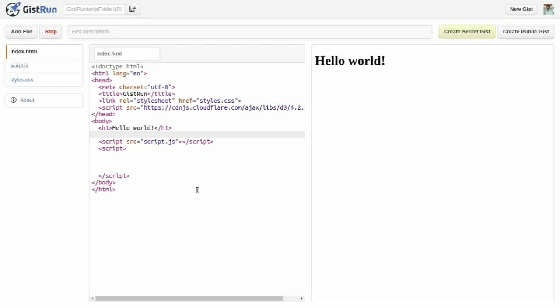So today we will learn about the D3 coordinate system, how it works and from where it starts, and how we can draw various types of shapes using x and y coordinates. So we will start with adding an SVG of height equal to 800 and width equal to 600.